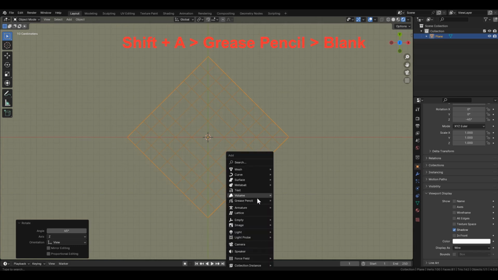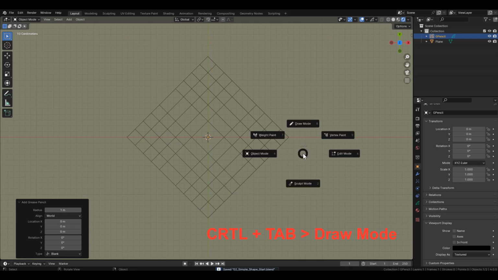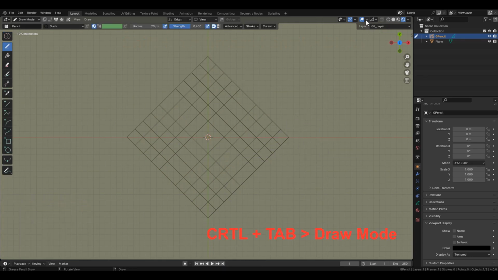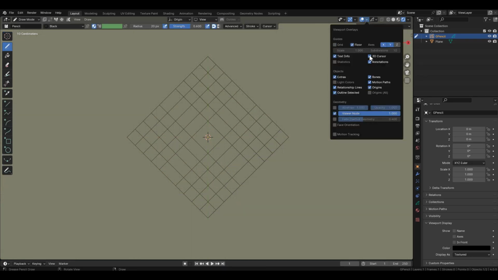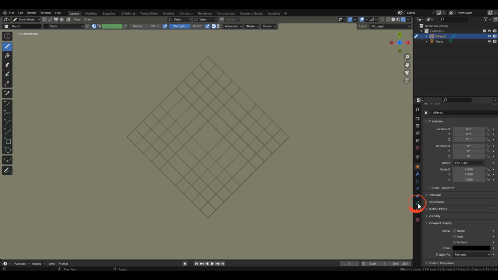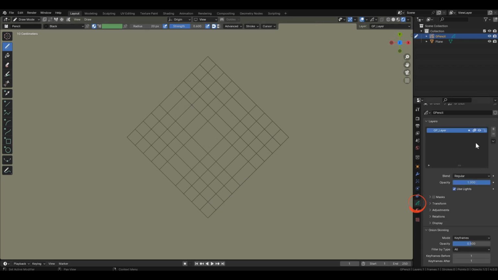Create a grease pencil object and switch to Draw mode. Let's set up everything we need right away. Open the Layers panel. This time we need 3 layers. 2 layers from the last lesson, named black and white. Plus, a layer where we will draw the shadow. Let's name it Shadow. It should be the top one in the list.